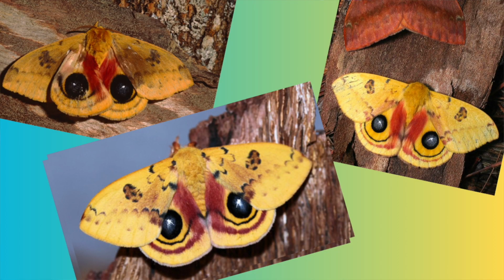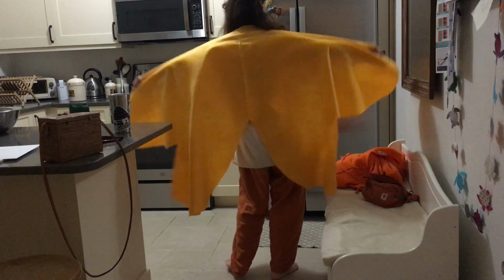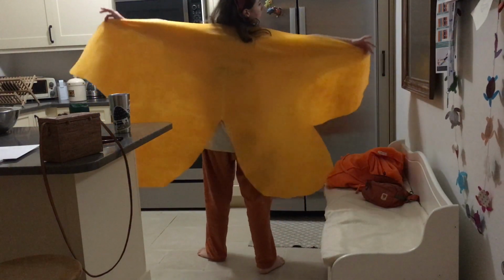I just thought it was really pretty, and it was this nice shade of yellow that I really enjoy. Oh yeah, you gotta try it on straight away, of course, and test that out. And then I pulled out my